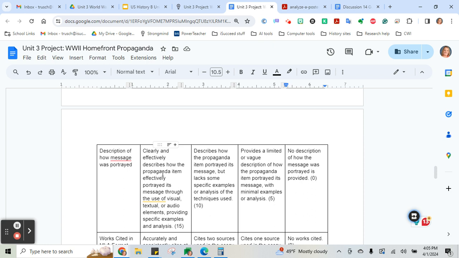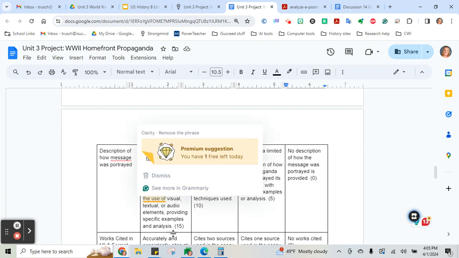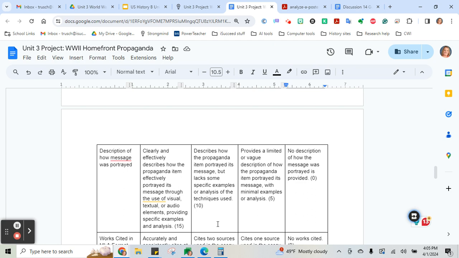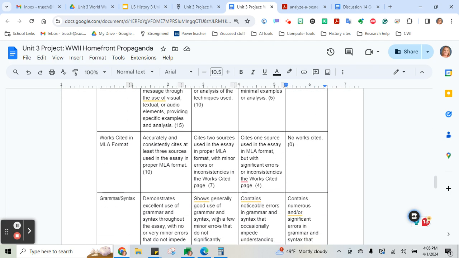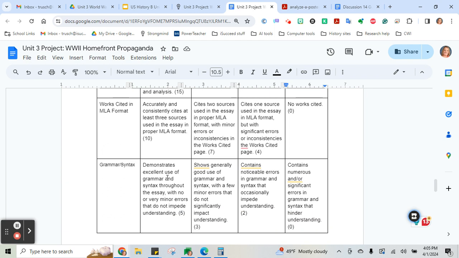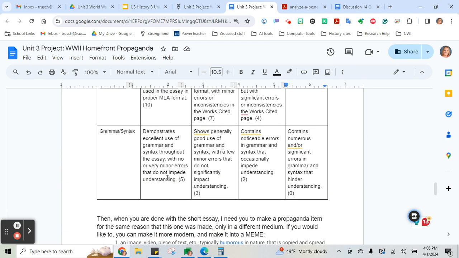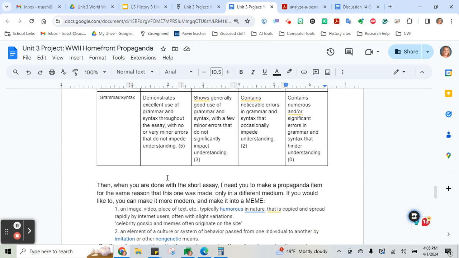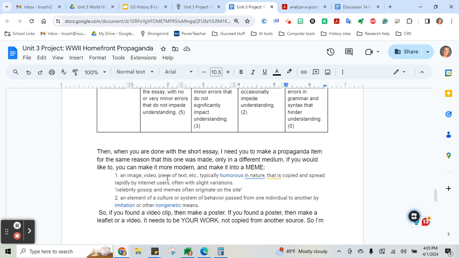Clearly and effectively describes how the propaganda item portrayed its message through the use of visual, text, or audio elements, providing specific examples and analysis. You also need to have a work cited with at least 3 sources and have good grammar as well. Okay? After you are done with the short essay, remember, you have completed the short essay. You have included what propaganda item you are talking about,